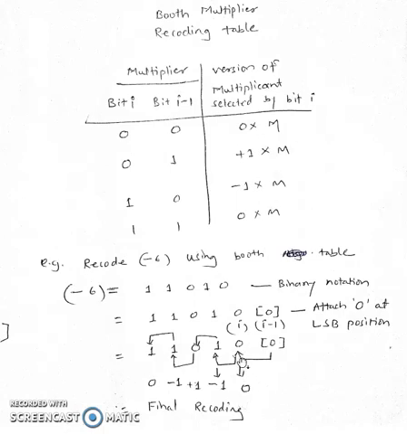Now move from this I minus 1 bit to this ith bit. So 0 to 1, we are moving from 0 to 1, that's why it is minus 1. The ith bit is replaced, so these two bits are compared, 1 0 bits are compared, and it is plus 1. Remember, this ith bit is replaced, so this is the I minus 1 bit, this is the ith bit, compare 0 1, it is minus 1, so write here minus 1, and this 1 1 replaces the ith bit with 0. So the final recoding of minus 6 is 0 minus 1 plus 1 minus 1 0.